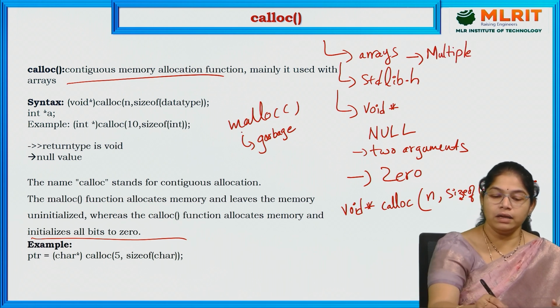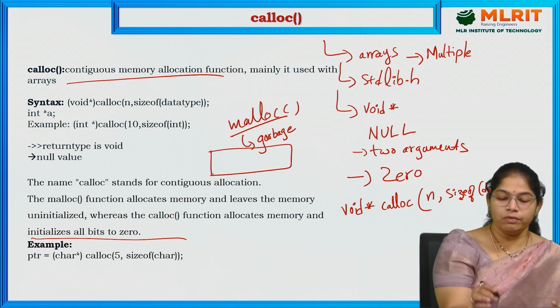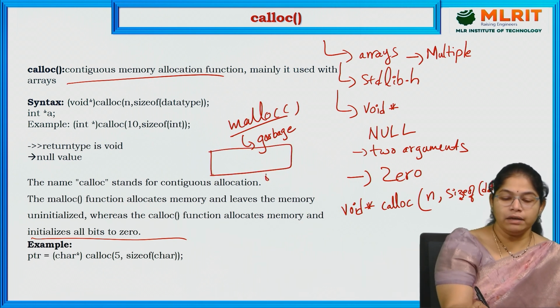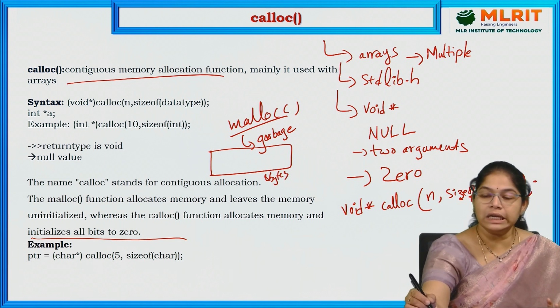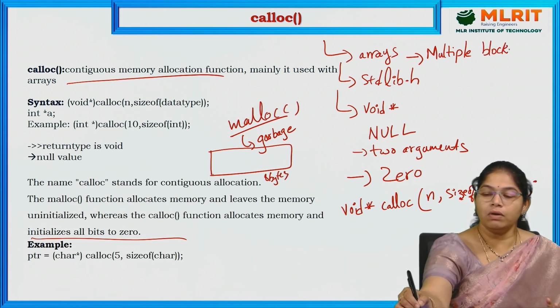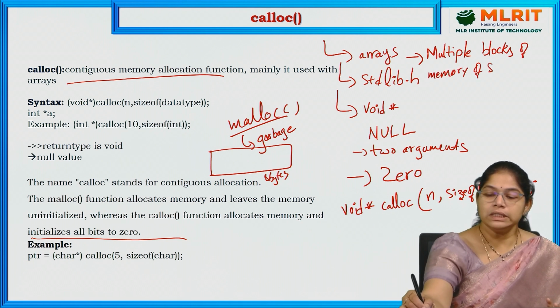In malloc, a single block of memory of, let us suppose, 8 bytes is allocated. But coming to calloc, multiple blocks of memory of the same size